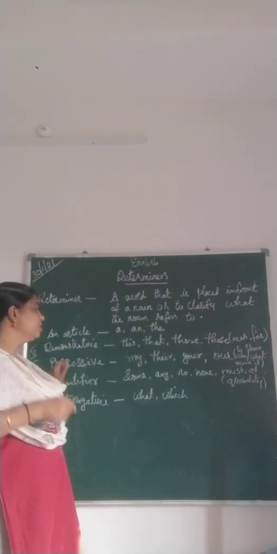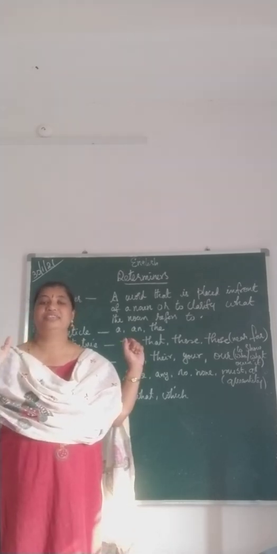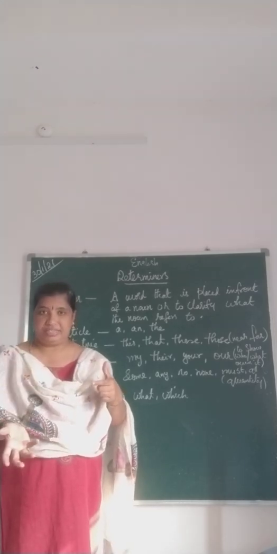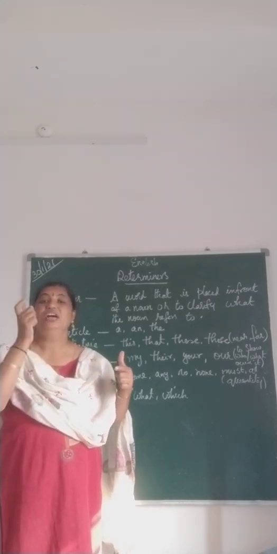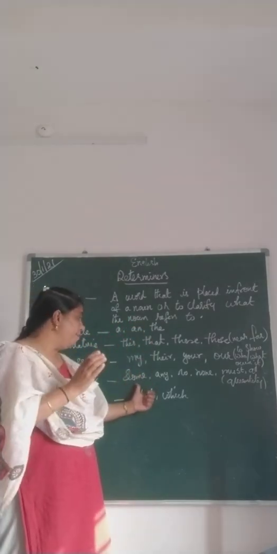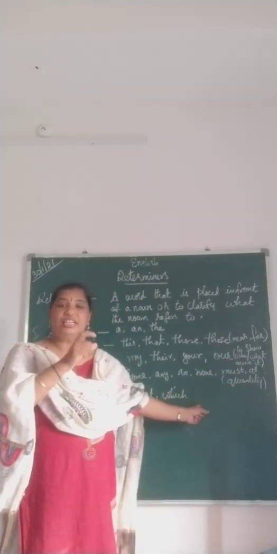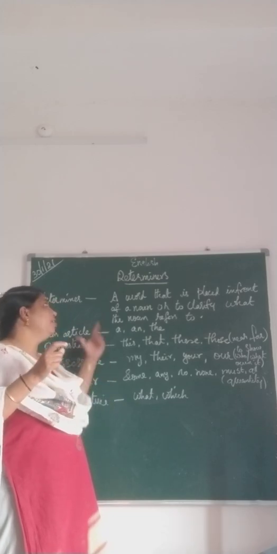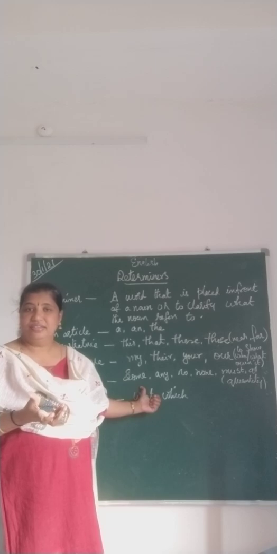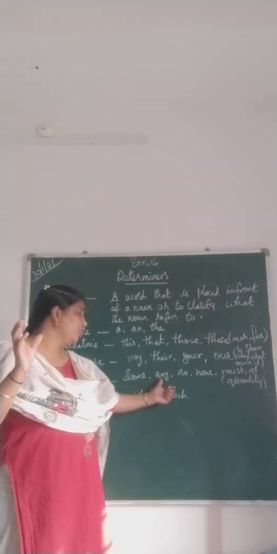Right? Now next one is quantifier. Quantifier determiners. The word itself we will understand. It is talking about the quantity, the measurement, how much it is. That is called a quantifier determiner. Like some, any, no, none, must, all. So such words come under quantifier determiners. Can I have some fruits, please? Yes, some. It is showing the quantity, little only, not much.